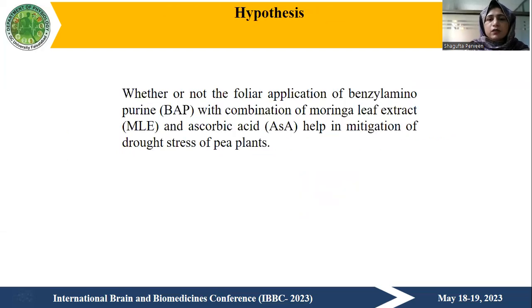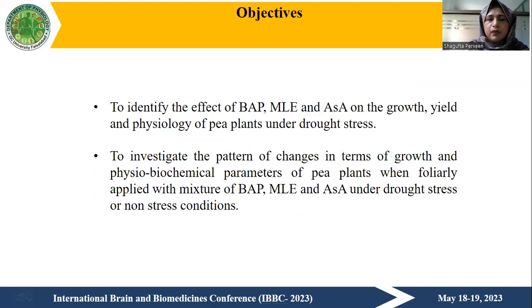The hypothesis of the current study was to check whether or not the foliar application of DAP in combination with moringa leaf extract (MLE) and ascorbic acid (ASA) helps in mitigation of drought stress of plants. Objectives were to identify the effect of DAP, MLE, and ascorbic acid on the growth, yield, and physiology of the plants under drought stress,